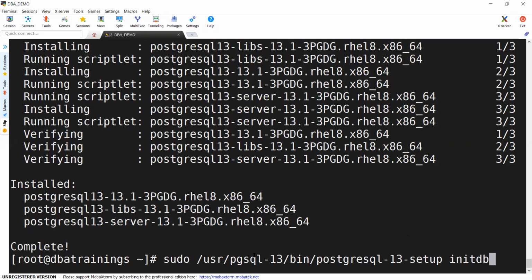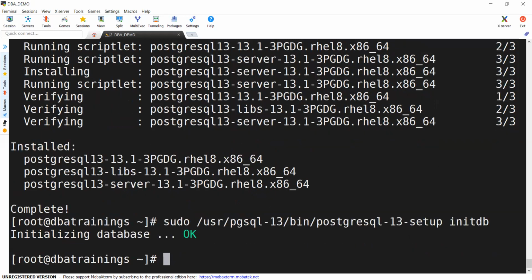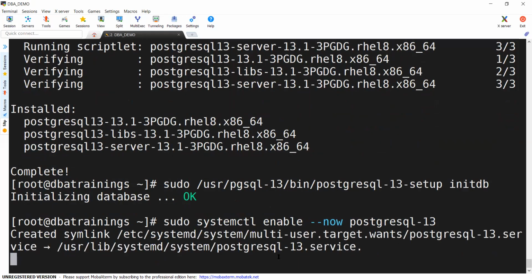Yeah. So now I'm just going to initialize my Postgres. Here you can see I'm initializing my database, and the message says the database initialization is okay. As you know, whenever you install Postgres, you have to start and enable the database service. So now I'm going to enable it. Sudo is not needed because I'm directly connected as the root user, but because you are not connected as root, that's why I'm using sudo. You have the permission for sudo.